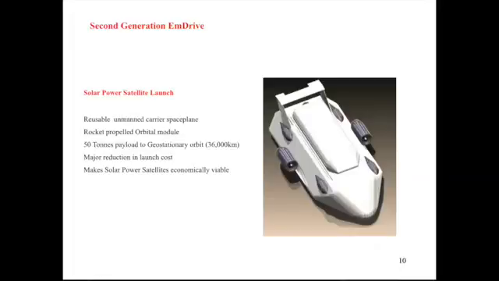Now, because you're obviously accelerating in vacuum by then, you're at 36,000 kilometres, clearly it's a very efficient way of getting orbital velocity. Essentially, this gives you a very large reduction in launch cost. It makes for a very simple, low-stress launch vehicle,